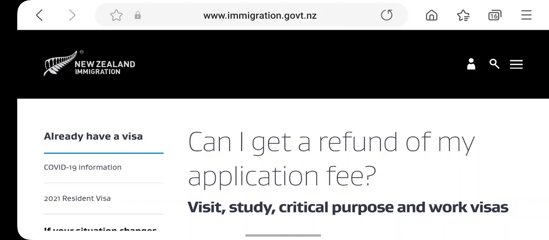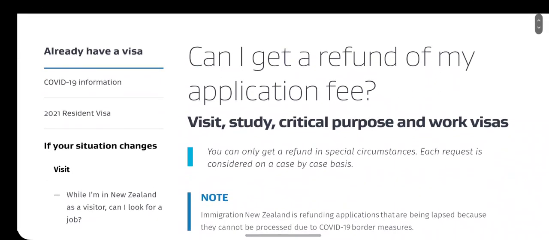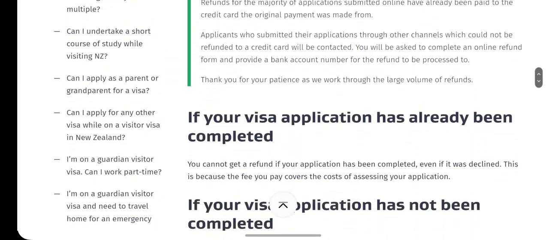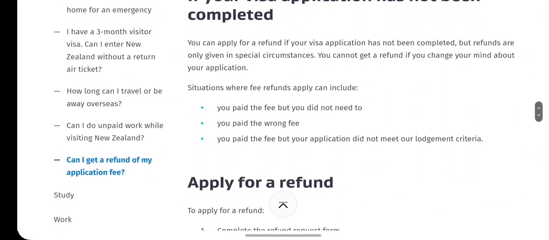So guys, this is the official immigration website of New Zealand, and they have clearly said that application fee can be refunded only in special circumstances. It cannot be refunded if you change your mind, or if your application is declined. There are special cases, some of them they have listed as well,